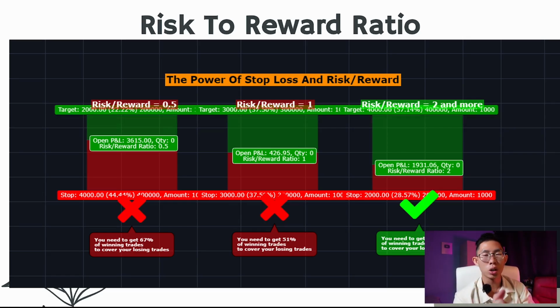I can tell you that professional traders, those billionaires, those smart money big boys, their typical win rate is around 40% to 50%. So to get 60% is freaking damn difficult, right? Which is exactly why I ask you guys to use a minimum risk to reward ratio of 1:2. This will increase your chances of becoming a profitable trader, even though you can lose a few trades in a row. So in this case, you only need a 34% win rate to break even. So you only need to win 3 trades just to break even. Out of 10 trades, win 3 trades. And I can tell you that's very, very much realistic and achievable and possible.